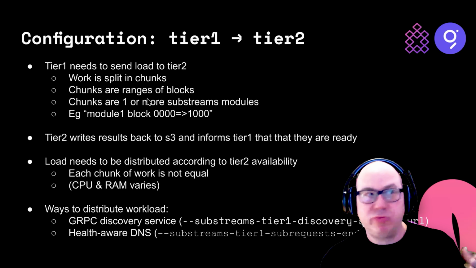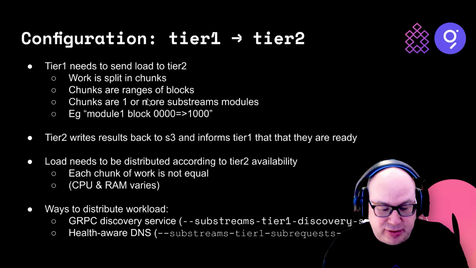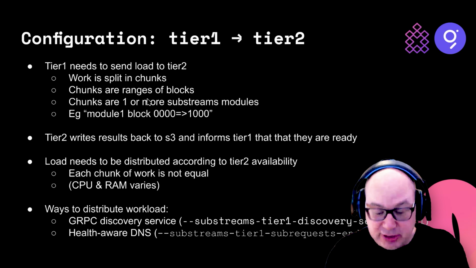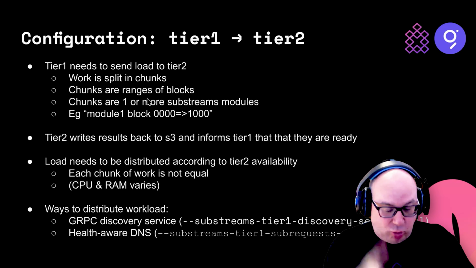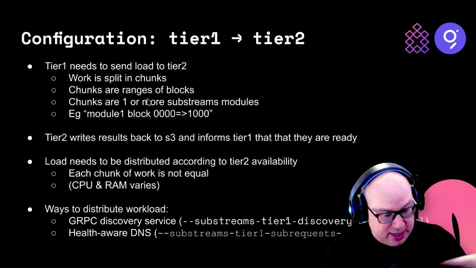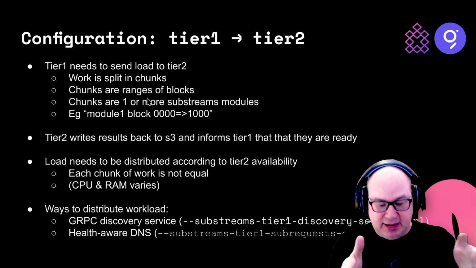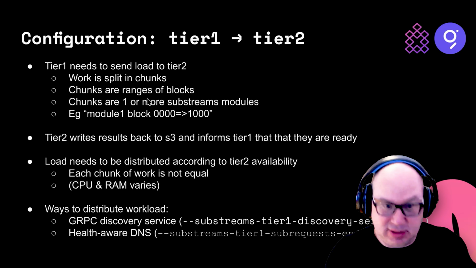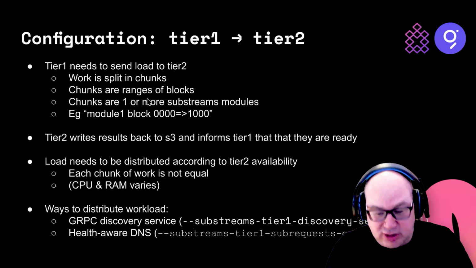So splitting things up by blocks makes sense, right? Substreams are designed to run in parallel. So if you have, say, 100 substream tier 2 nodes, if you split your workload up into 100 chunks, each one can get one chunk at a time, and then they're all busy. Okay, it doesn't actually work like that. It actually splits it up into a block range, like 1,000 blocks. So every time it processes 1,000 blocks, it gives out chunks of 1,000 blocks.